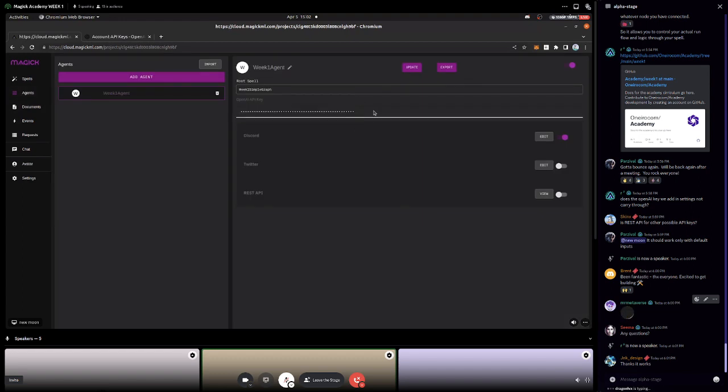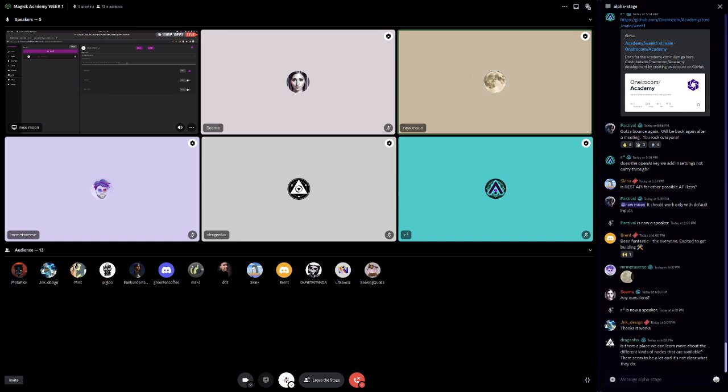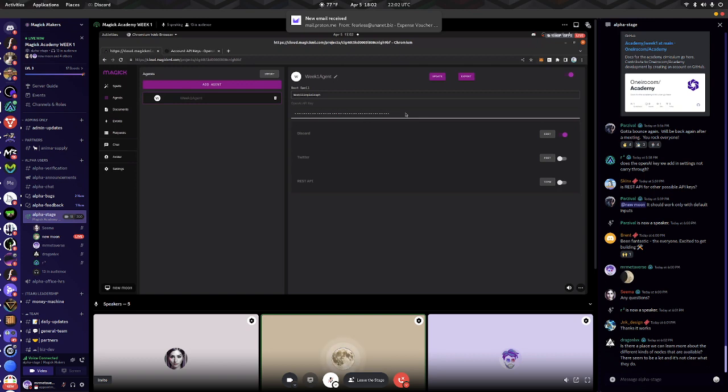One thing is that OpenAI has a very limited cost threshold that you can spend until you've used it a lot. So you might need an API key per agent just to get them to run without running out. Yeah, that just wasn't clear to me, because it seemed like a different key for a different agent. That makes sense. I should be more clear that the settings key is for the IDE preview, and that the agent has its own API key. And if your agent gets banned, it doesn't take down everything else you made.